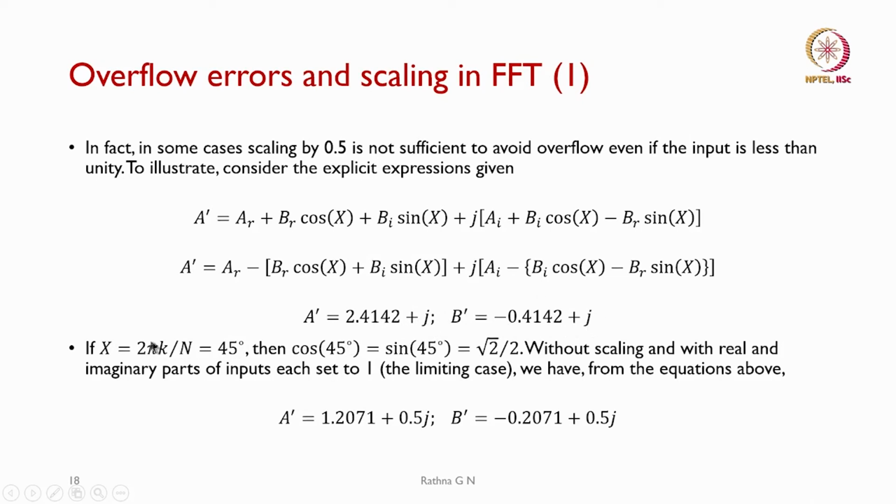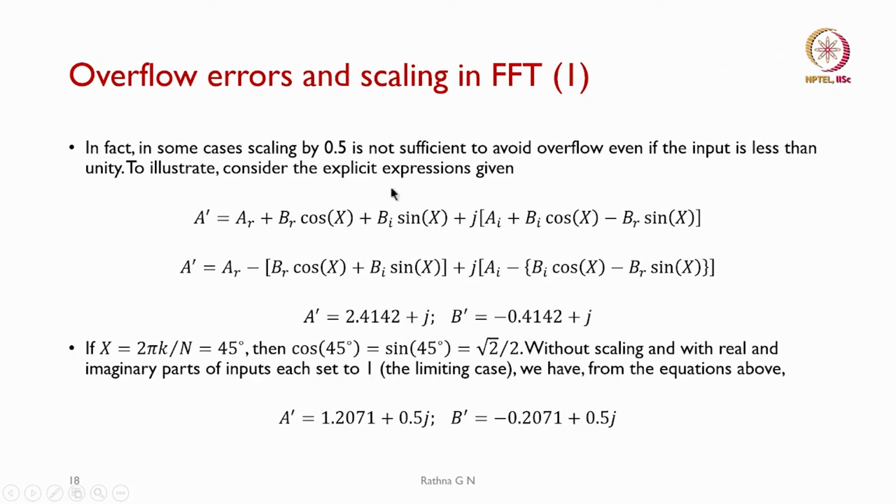So, how have we got this? If x is equal to 2 pi k by n, which is 45 degrees, then cos 45 degree is equal to sin 45 degree, which is nothing but root 2 by 2. So, without scaling and with real and imaginary parts of inputs each set to 1, the limiting case